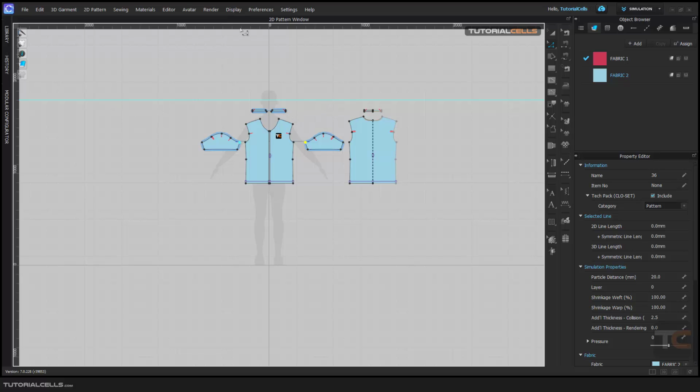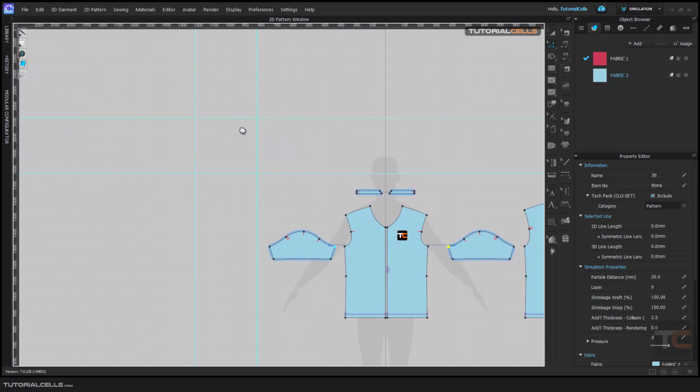But if you want to add a guideline in this direction, just go on the ruler and click and drag it. You can add the guidelines. And you can simply click and drag and change its position. And after that, you can simply create a